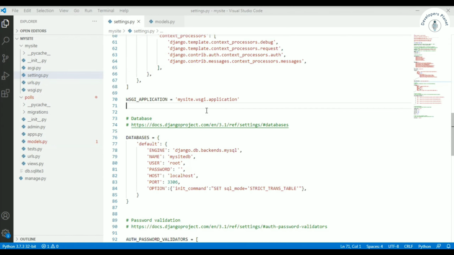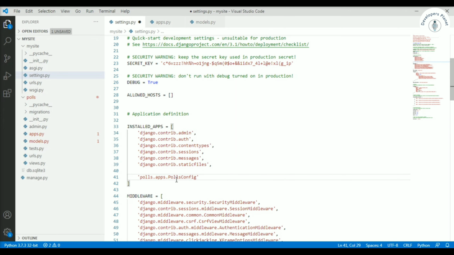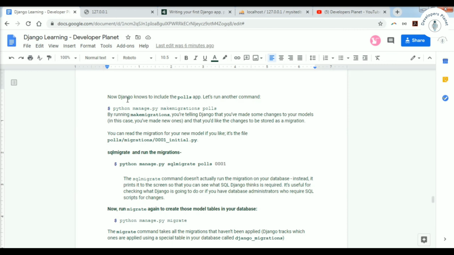We will mention this in our settings.py. Let me copy the full string from here, and let's mention it here: polls.apps.PollsConfig. Okay, so now Django knows to include the polls app.